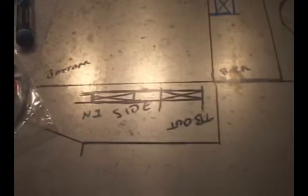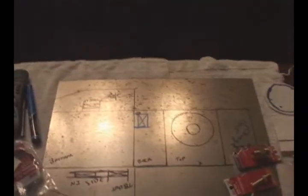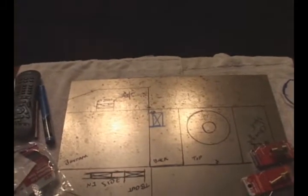You can see here this metal plate. I've got the template laid out for how I plan to cut this out. So like this is going to be the bottom part. Basically I'm just going to cut around the most outside line you can see, and then fold it all